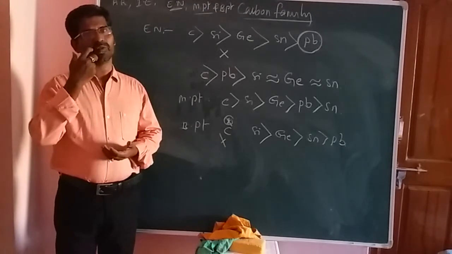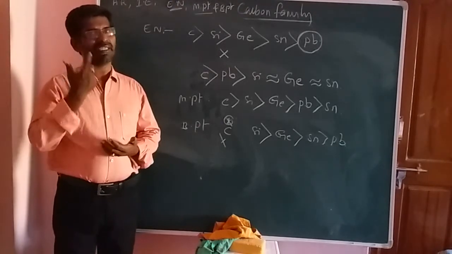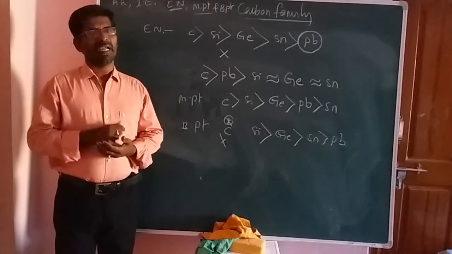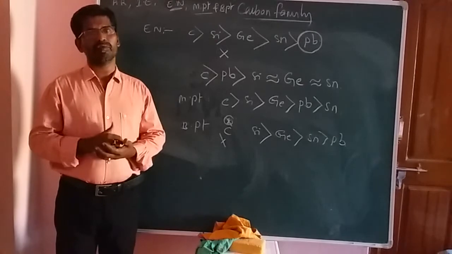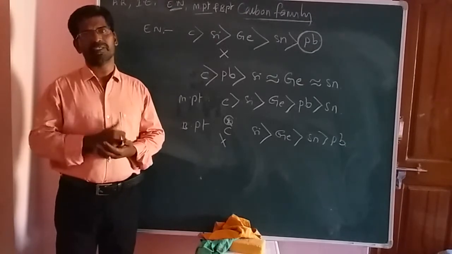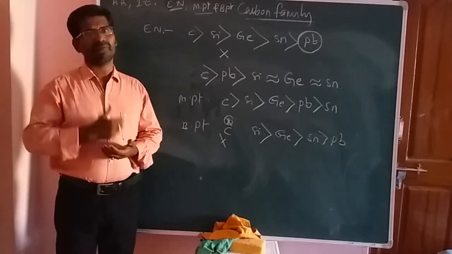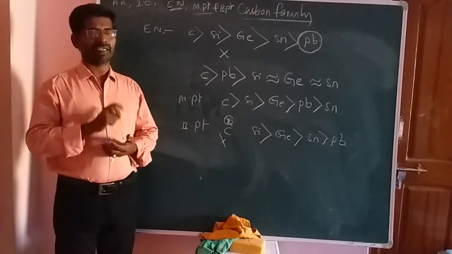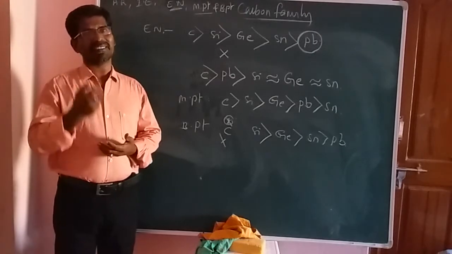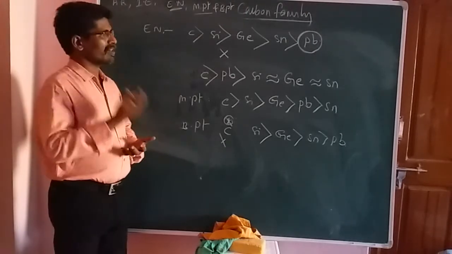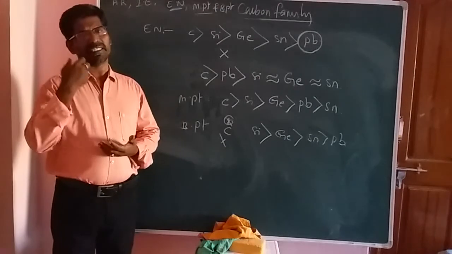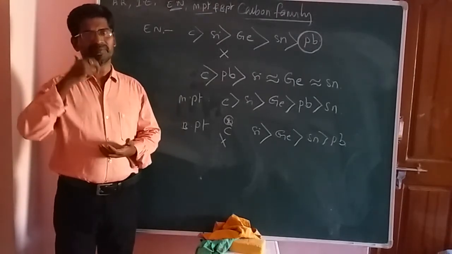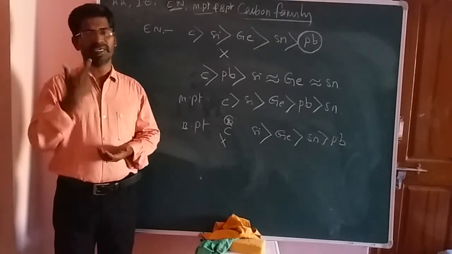And what are the isotopes of carbon? Carbon has three isotopes: carbon 12, carbon 13, and carbon 14. The last isotope is the more important type, that is the radioactive isotope. The half-life period of carbon 14 is 5,770 years. And carbon is present in the form of coal, and the next one is graphite, and the next one is diamond. So that is the occurrence, that means the presence of carbon in the earth's crust.